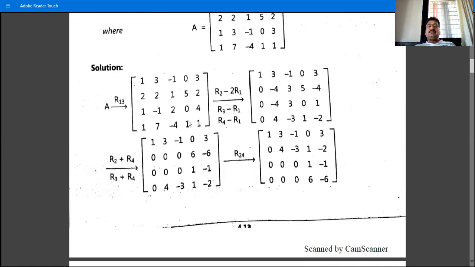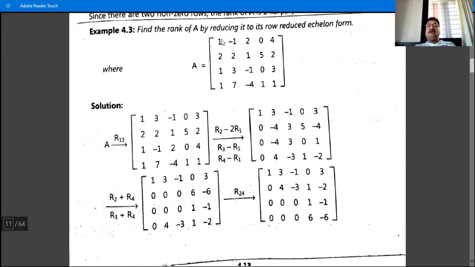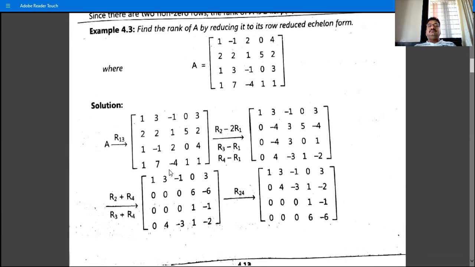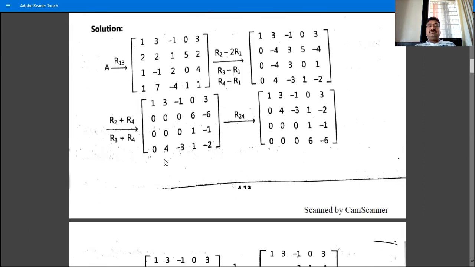So again, same type of example. This is the element 1. So we have to reduce this 3 element to 0. So this is the operation R13. No need of this R13. Directly reduce this 3 element to 0. After reducing, we have then 0, 0, 0, and then